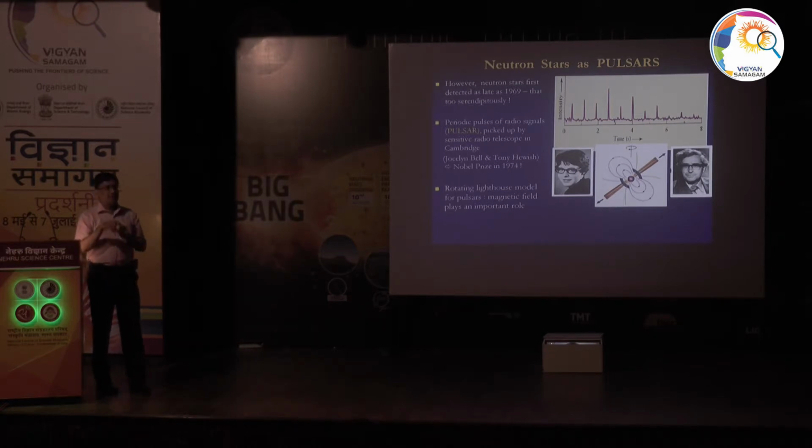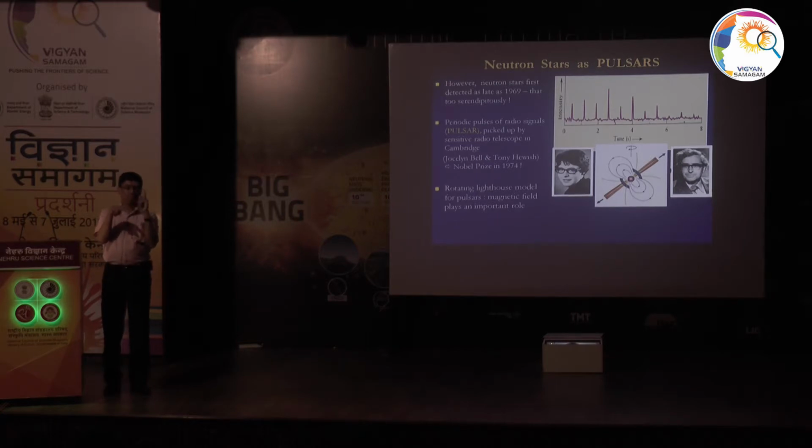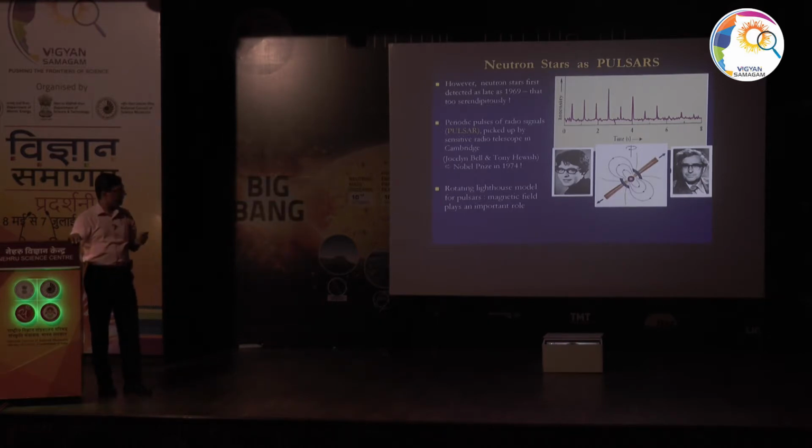In the more general sense, the angle between the rotation axis and the axis of the beam need not be 90 degrees. It could be 60, it could be 30, but the model still holds. Then it is a cone that is sweeping out, and as long as you are in the line of sight of that cone, you will see a flash. So that is the generalized picture. This is the axis. This is a neutron star. It is rotating around this axis, and it has some beam of radio waves coming from another axis, which is the magnetic axis, and they are not aligned with each other. They could be 90 degrees, they could be any other angle,